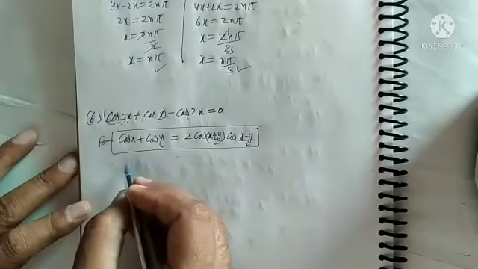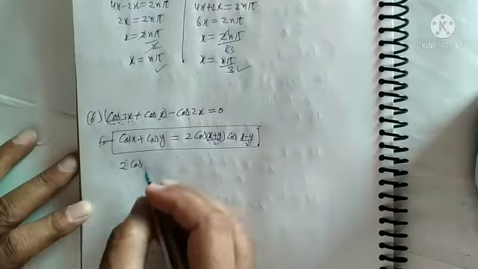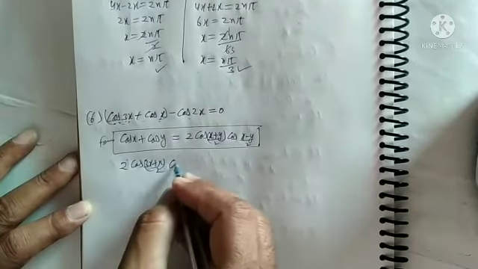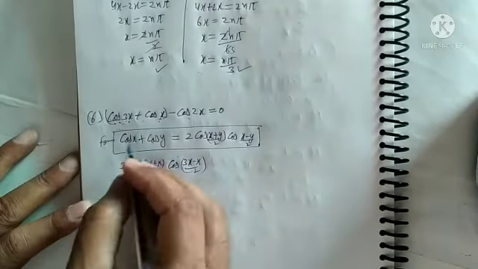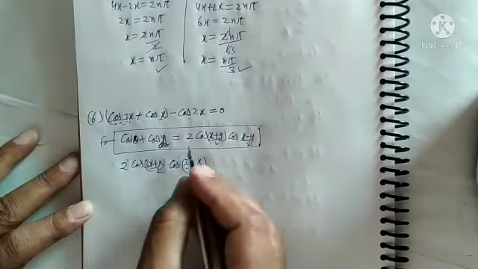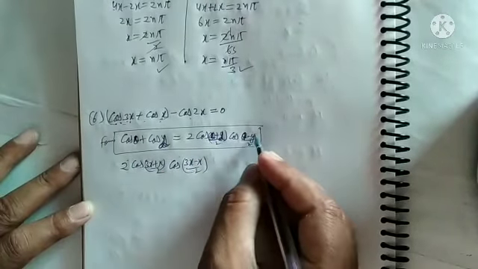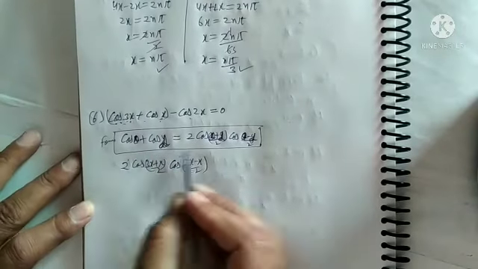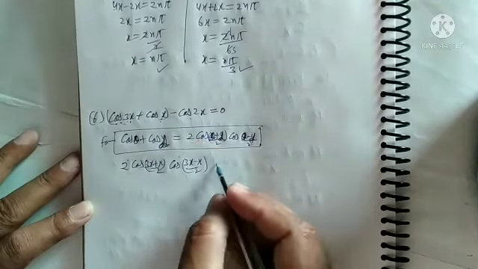Now what do you write here? Here write 2 cos, in the place of x, 3x. So cos of 3x plus x upon 2 and cos of 3x minus x upon 2. Actually here we should take cos theta plus cos alpha is equal to 2 cos of theta plus alpha upon 2, cos of theta minus alpha upon 2. Why am I doing this way? Because x is already given, so take another form of angle. Now this is minus